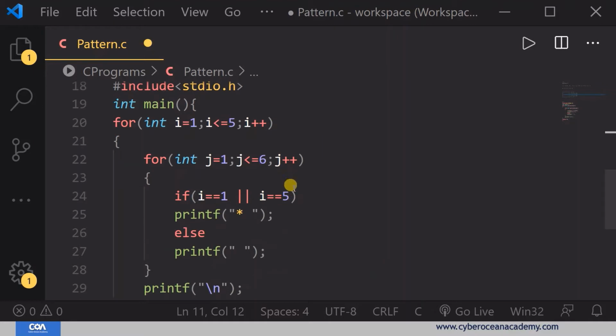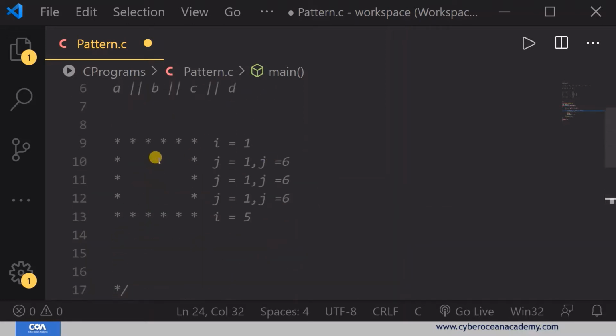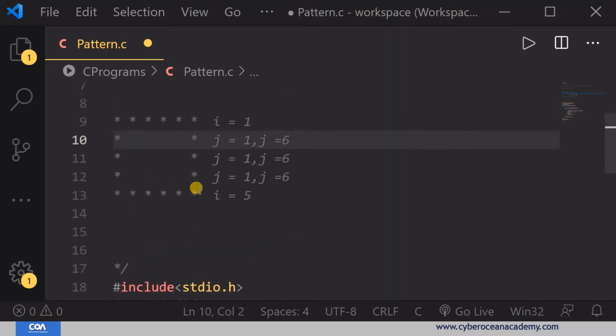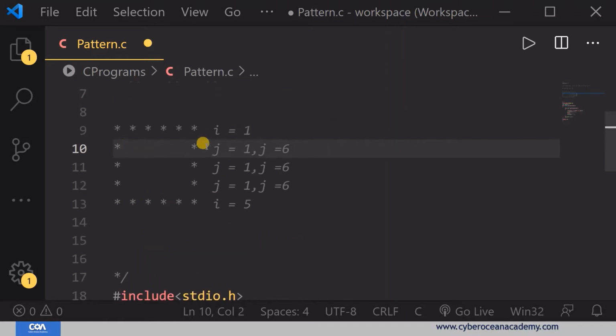So I'm going to write a condition again, that is j is equal to 1. If j is equal to 1, it will only print this part, guys. Why this part, and why not this? Because for every row, j equal to 1 appears only one time, if you're talking about this row.